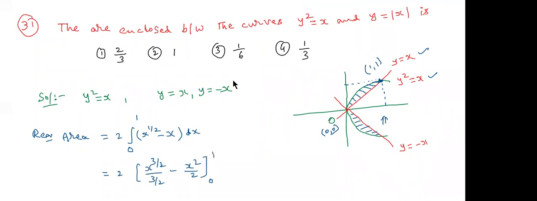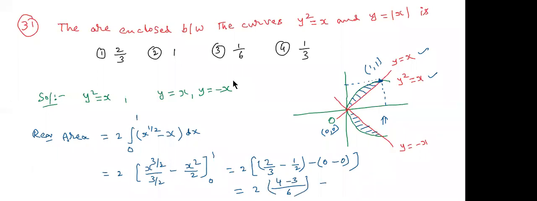Limit 0 to 1. Now here 2 into substitute the upper limit, you will get 2 by 3 minus 1 by 2. If you substitute the lower limit, you will get both zeros. Now here 2 into, what is the LCM? 6. 4 minus 3. Overall observe this, 2 into 1 by 6. 2 into 1 by 6, that is 1 by 3. Students, which option is correct? Fourth option is